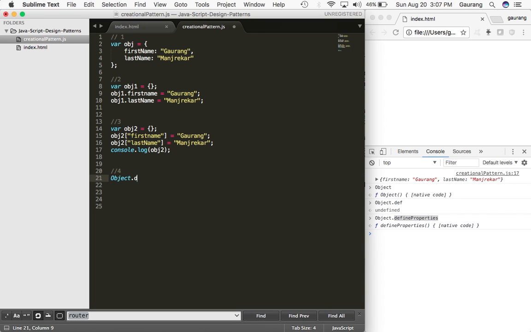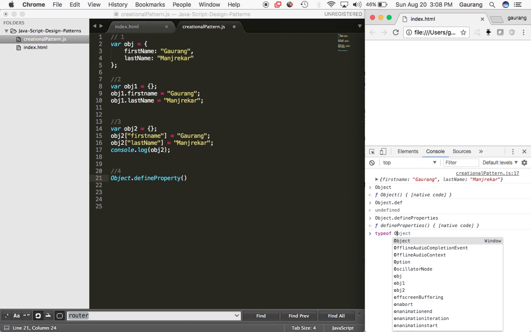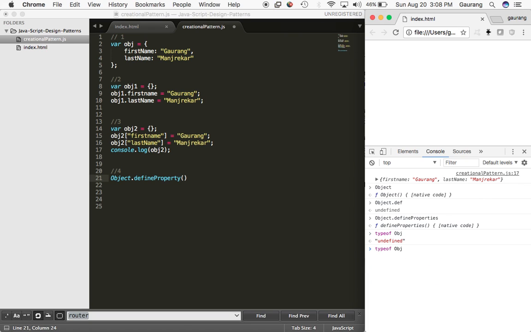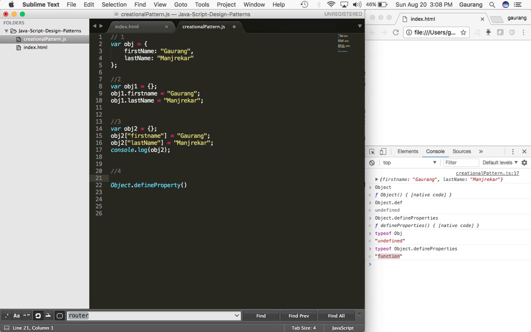dot define property, the way it is given over here, and this defined property is actually a function. If you can see, type of Object.defineProperty, you can see it is nothing but a function. So that's the reason I'm invoking this function. Now this object is going to be something like, you can just give a reference of an object. First of all, I'll just create